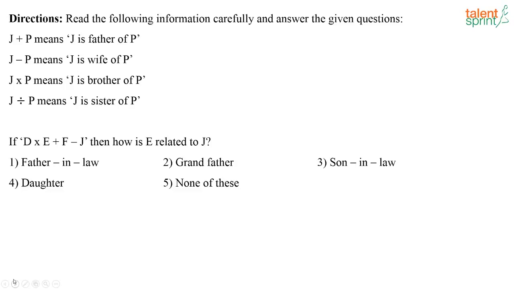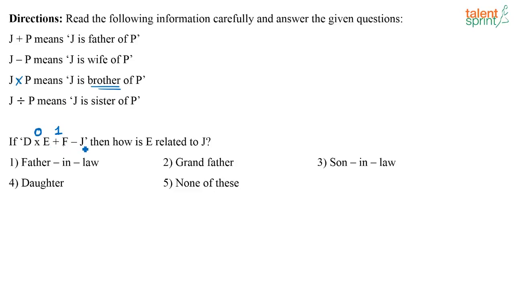How do you solve this? If you look at the generation gap between all these people, now D cross E. D cross E means what? This into symbol represents brother. So, basically these two people are in the same generation. So, here what should you put? You should put a 0, right? Because these two are in the same generation. Then you have E plus F. Now, E plus F means E is the father of F. So, the generation gap between E and F is 1.